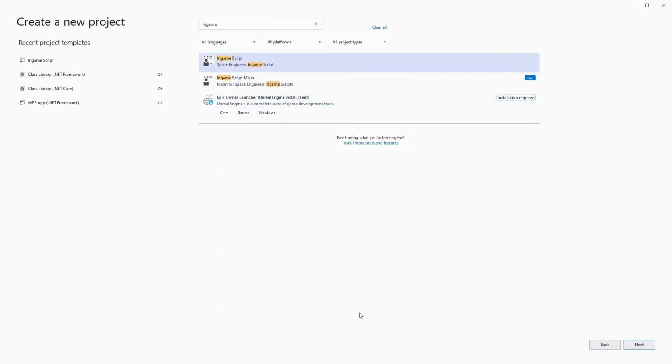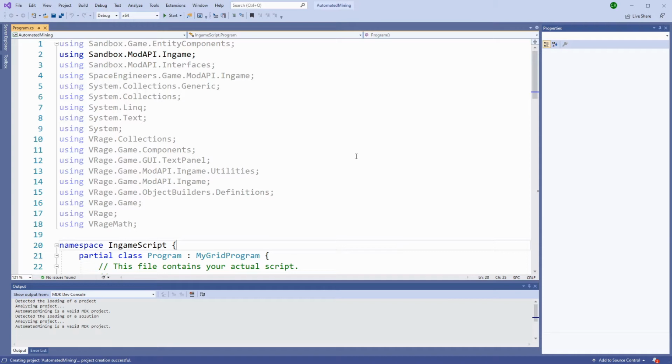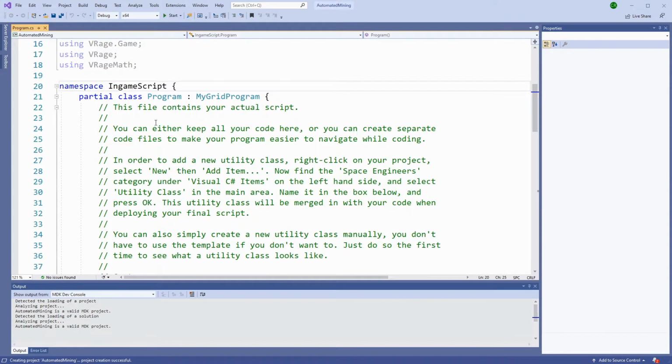in-game script. If you're interested in doing scripting yourselves, I'm considering making a little tutorial series on various aspects of scripting. And I suppose the first one would be getting yourself up and running with Visual Studio and Malware's development kit, MDK, which allows you to quite nicely work with the scripts in a proper development environment. So we'll call our script this, automated mining, and we'll put it in our Space Engineers folder, and let's see. And here we go. We've got our in-game script